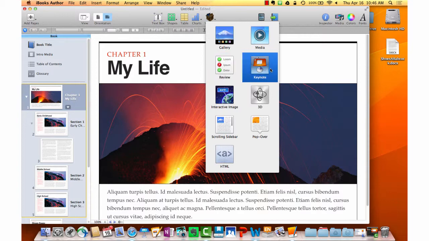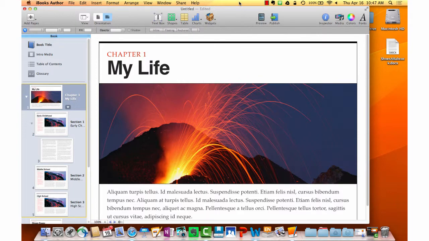There's an option to embed a keynote into the book itself. So if you're treating this as a textbook, people use this feature quite a bit. There's also options, the interactive images, and also the option to add HTML. This HTML option is what you can use to borrow other widgets from the web, and those then show up in the book itself. Something else that we're going to cover in part 2 is going to be the glossary,